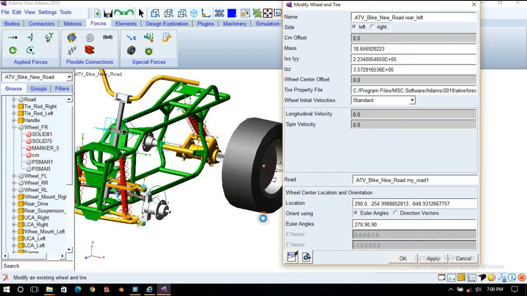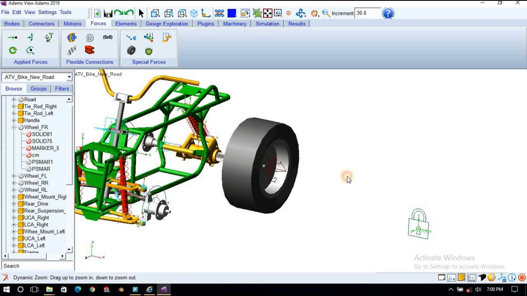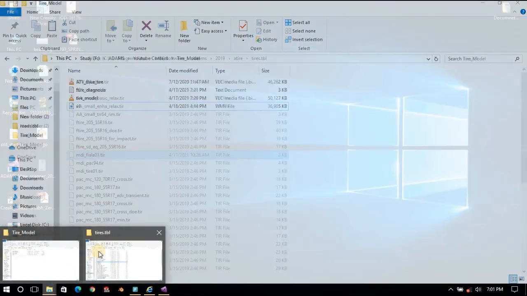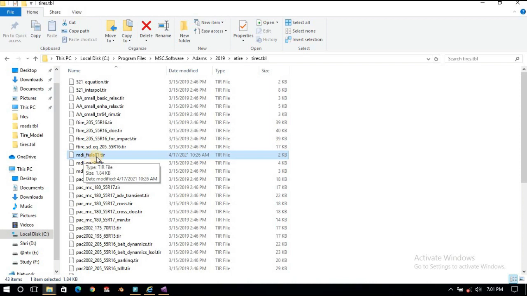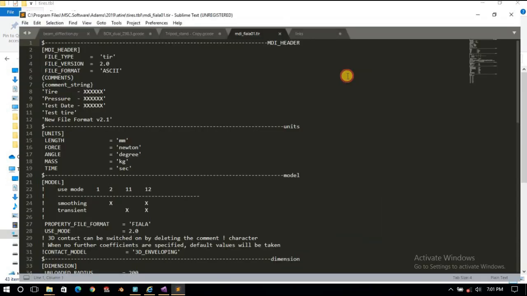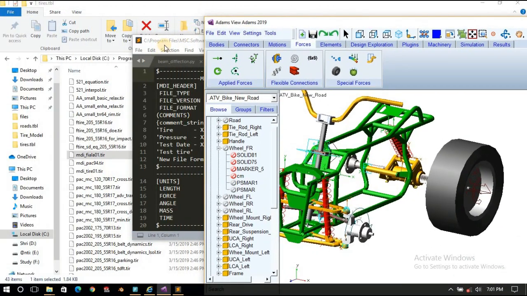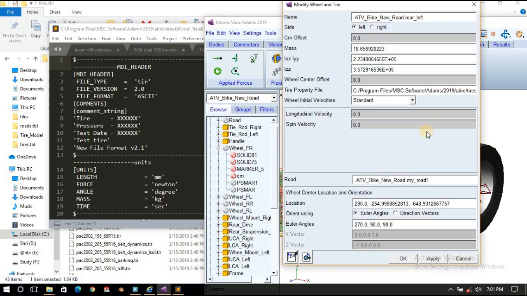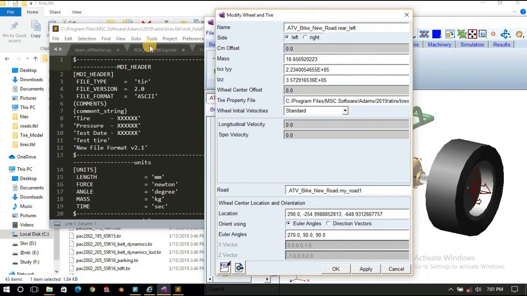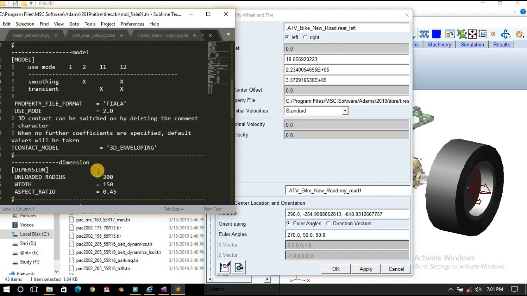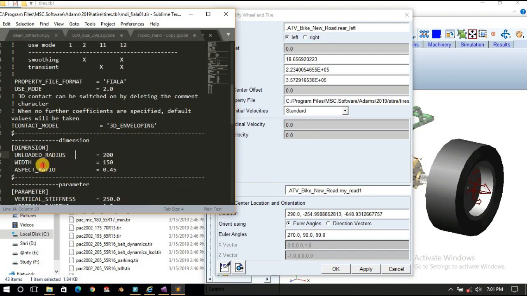Let's say if you want to change something about the tire, you can go to your installation folder, the tires file. We have chosen this MDI Fiala tire, this one. You can open this file in a text editor, notepad or anything, and here side by side I will open this. Just double click here and you will find the unloaded radius of the tire, width of the tire, aspect ratio. Let's say I make it 250 and save it.